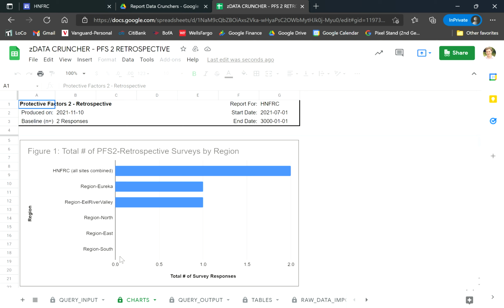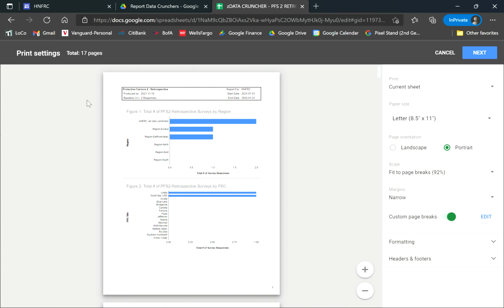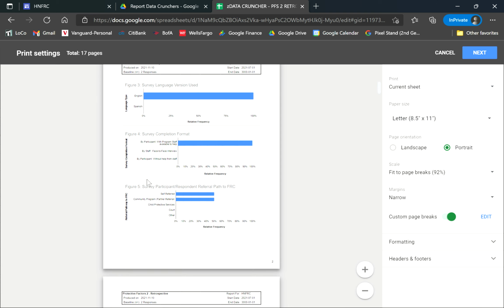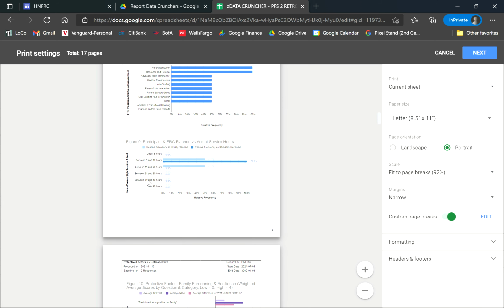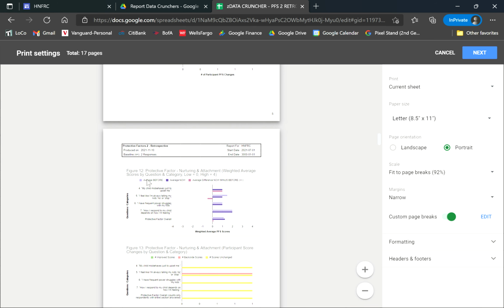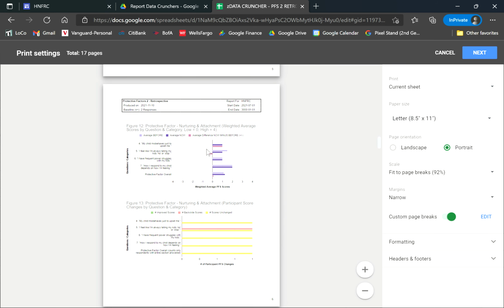What you can do is you can print out this charts tab alone, and it will compile a 17-page chart report as an outcomes report for you on the spot, no further action. So let's give that a go. If you're somebody who likes to hit the button Control P to print things, you can do that. Otherwise, you can navigate to the top of your Google Sheets where it says Print and click Print. And you will see right here that it has pre-built a 17-page, neatly cut series of charts for you to look at that has everything from your